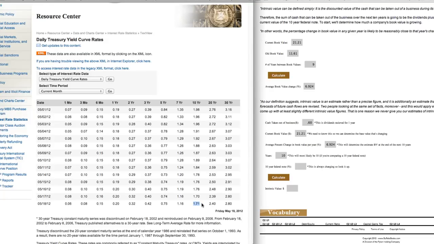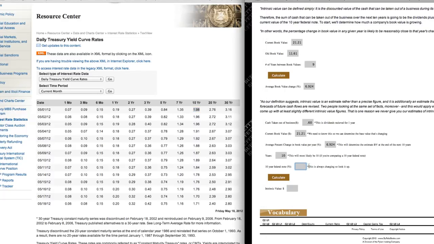So if we were doing this calculation at the beginning of May, we would have been using 1.98. And so that goes back to Warren Buffett's quote whenever he said that, as the future cash flows change or if interest rates move, the intrinsic value is going to change. And this is exactly what he means by that quote. So we would have had a completely different value for Disney back at the 1st of May than what we're going to have right now.